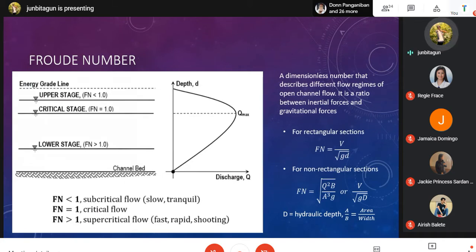This is a dimensionless number that describes different flow regimes of open channel flow. So what we take here is the ratio between the forces that make the water flow versus the gravitational forces of the water. Because guys, water in itself has weight. So what we take here is the ratio between the velocity of a fluid versus its own gravitational pull, downwards. So, when our Froude number is less than 1,